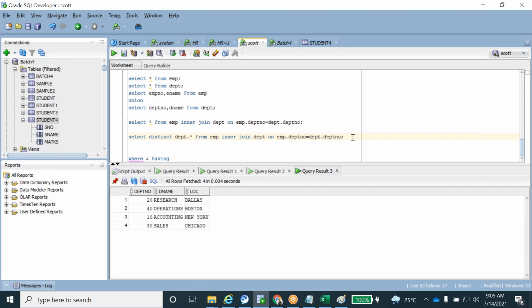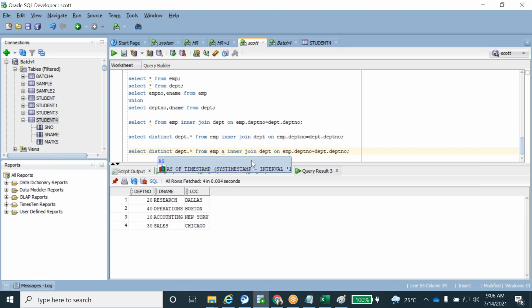Okay. Here, in real time, we are not always using just the table name. EMP has 3 records, DPT has 4 records. But in real time, the table names can be 10 letters or 14 letters long, like that. Table names with big columns will be very big. So always prefer alias names. Always give the alias names. EMP A, I gave the alias name. DPT B, I gave the alias name.